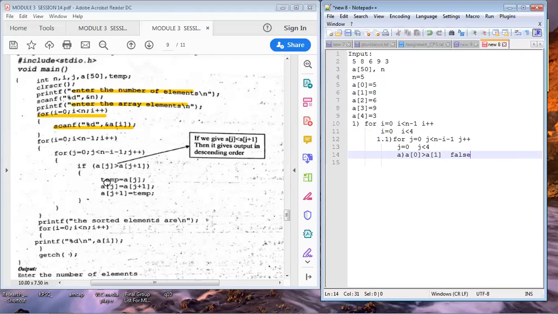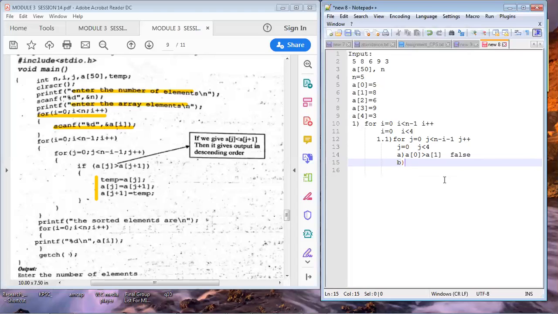You can see in the program these three steps. These three steps are used to swap the elements if a of j is greater than a of j plus 1. That condition is not true now, so we are not going to do it. We keep 5 and 8 as they are because 5 is less than 8. After this, we come out of the first iteration of the inner for loop. Now we go to the second iteration of the inner for loop. A is the first iteration, B is the second iteration of your j for loop.